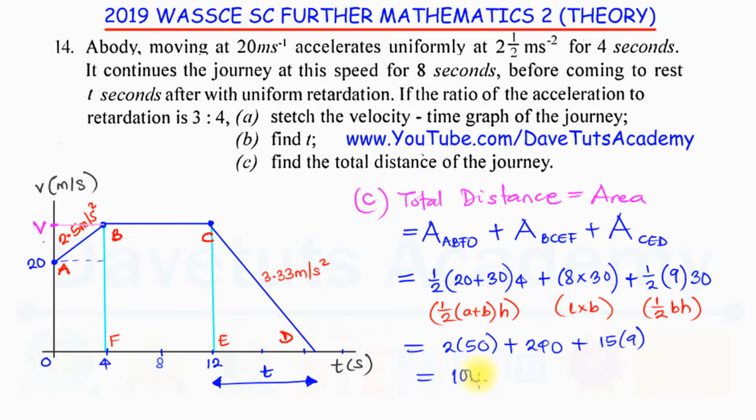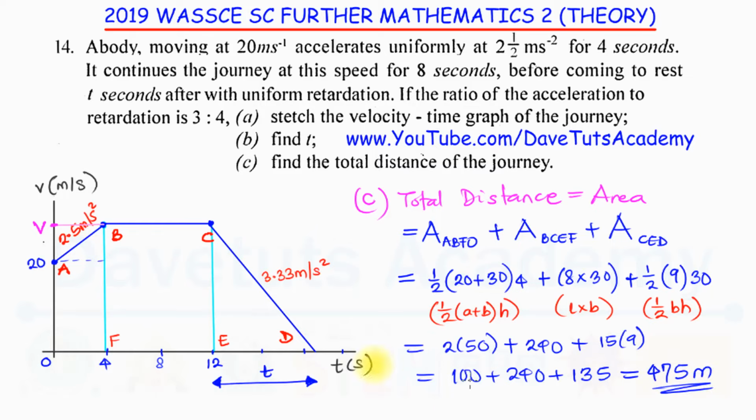2 times 50 is 100, plus 240, plus 15 times 9, which will be 150 minus 15. 150 minus 15 is 135. So the total distance covered will be 100 plus 240 is 340. 340 plus 135 is 475. So for this particular question, in this velocity time graph, the total distance covered is 475 meters as taken